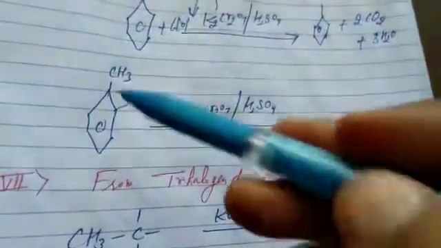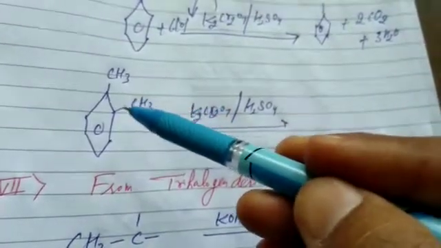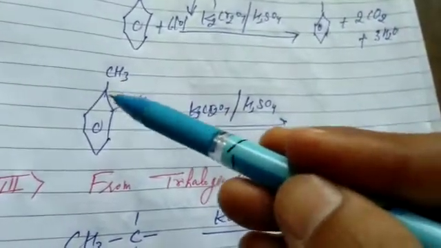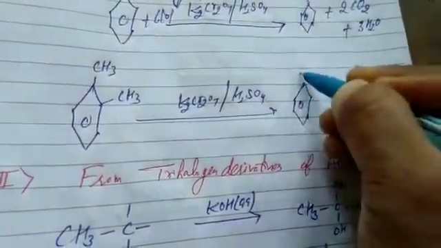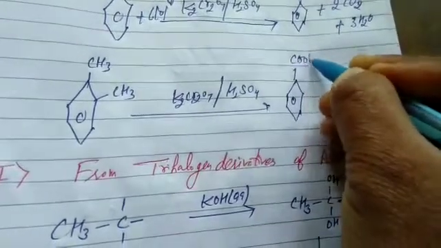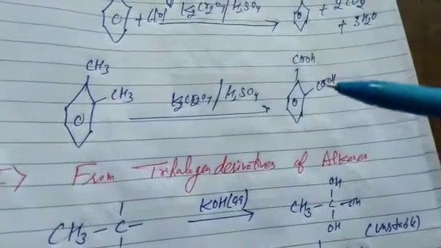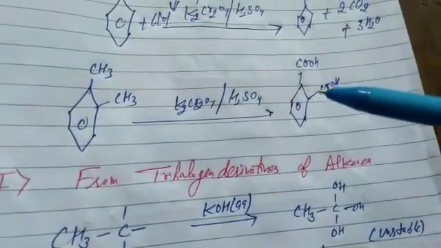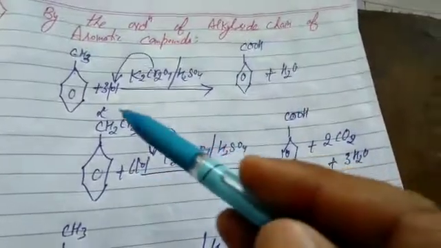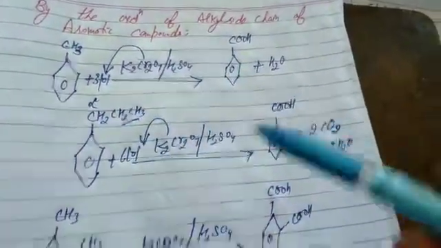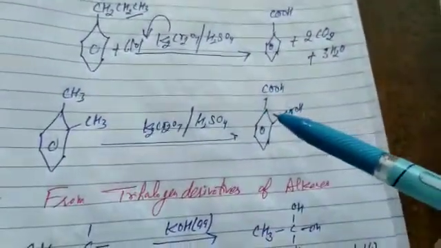But remember, if alkyl side chains are directly linked with benzene at more than one position, each carbon is oxidized to acid. It will give COOH at each position. That's the compound called phthalic acid. That's the oxidation reaction of alkyl side chain. A monosubstituted alkyl side chain always gives benzoic acid. When it is disubstituted, both undergo oxidation to give acid.